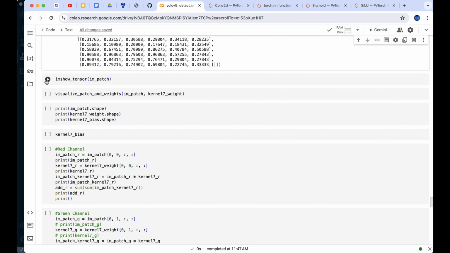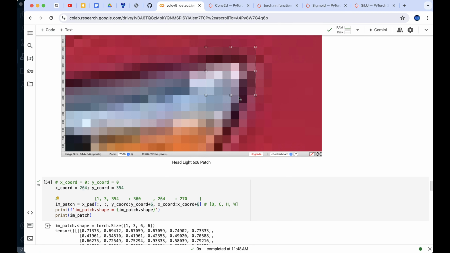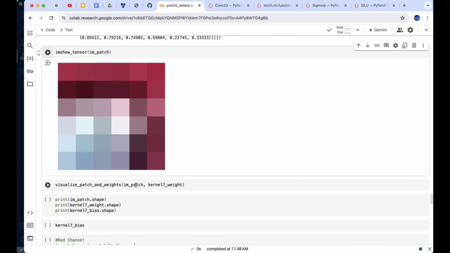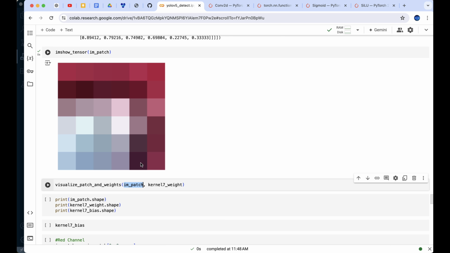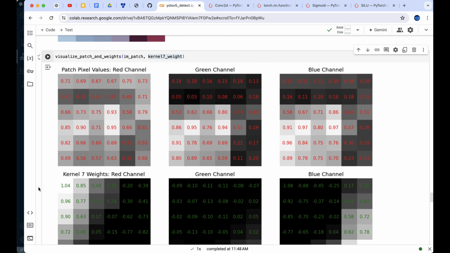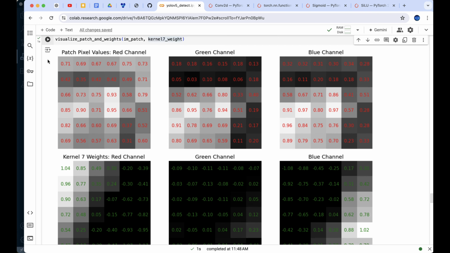We can also display it here with imshow tensor, and it is the result that we expected. And then we can also visualize both this image patch, as well as the kernels, with this other helper function. So what we're seeing here is the following. We have the patch that we have right here,